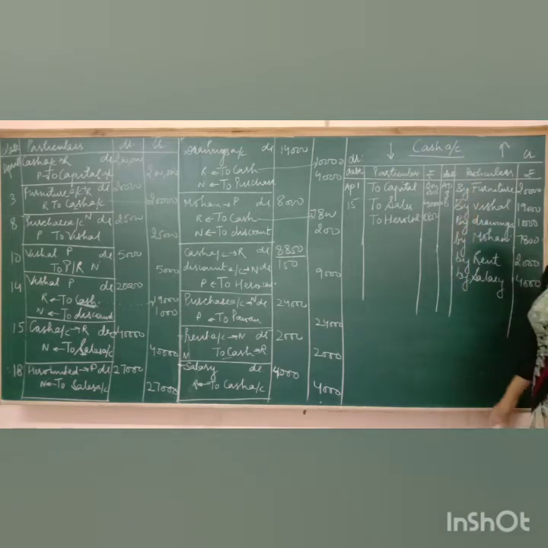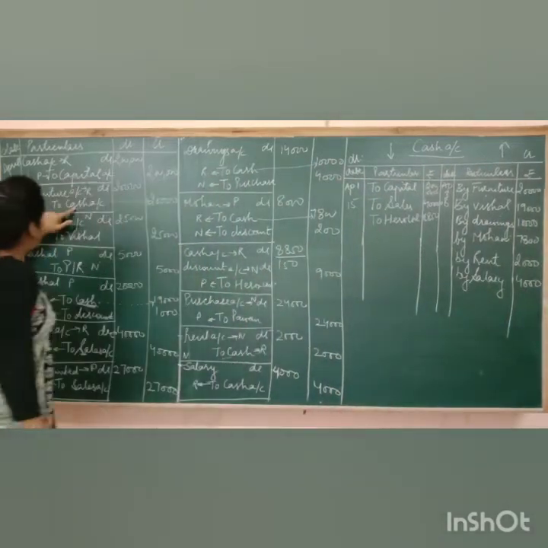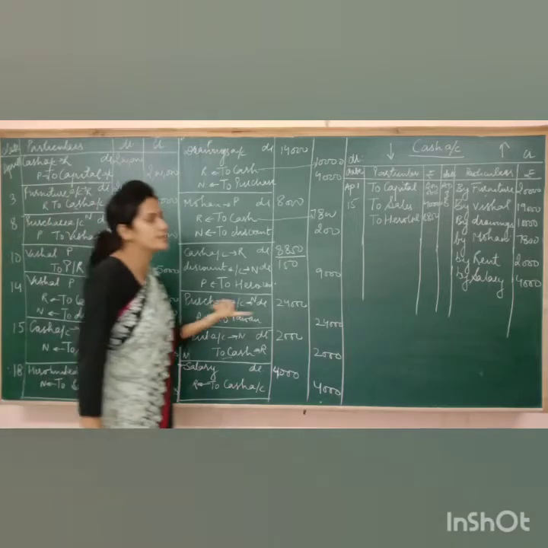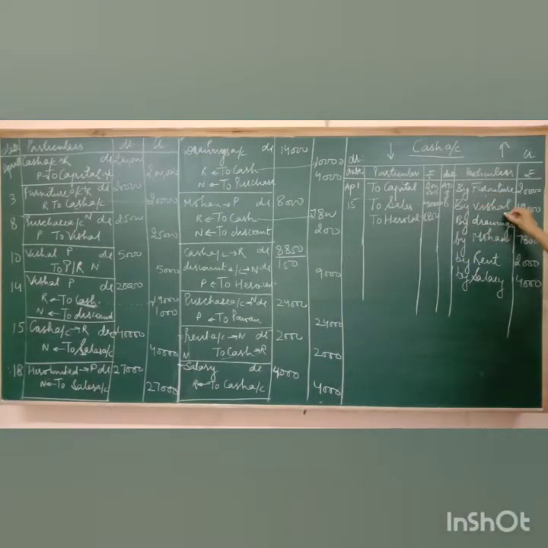If I am writing here buy furniture, then this transaction means that we have purchased the furniture and cash goes out. Check. Furniture to cash means furniture is coming into the business, cash is going out of the business. So simply means here also. And here by Vishal means that we are making payment to Vishal and money is going out of the business. By drawings means the owner has taken cash from the business for his personal use.